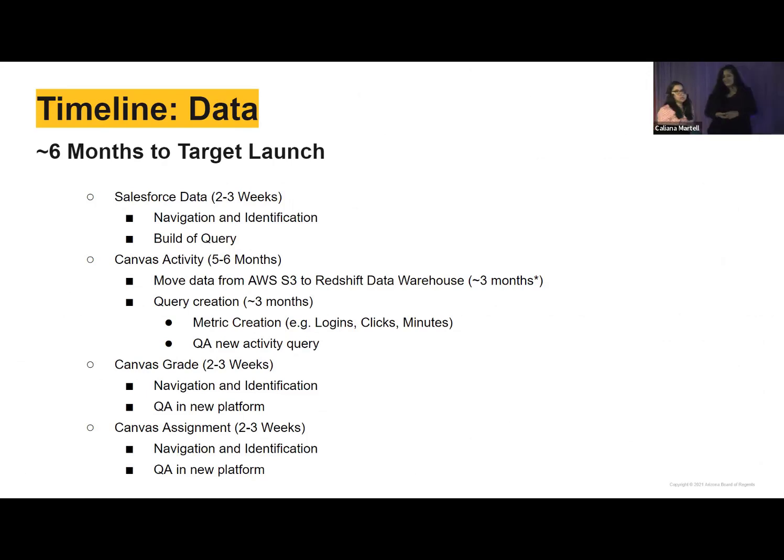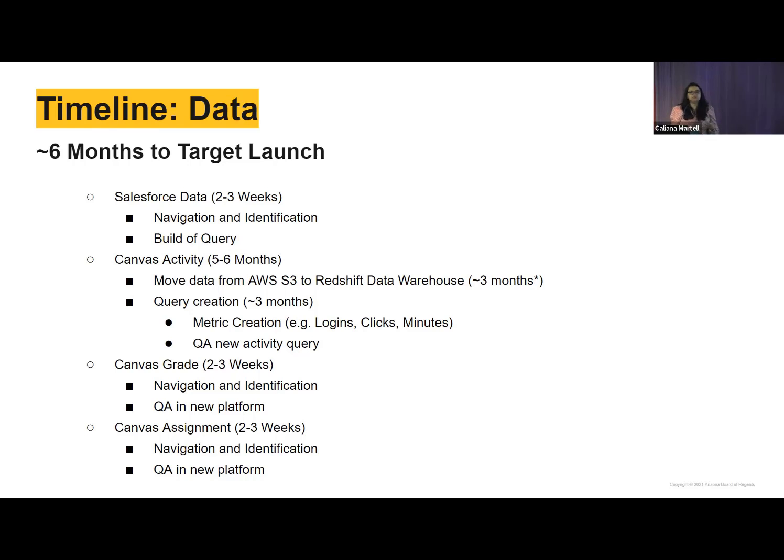So the timeline for data gathering and implementing everything took about 6 months, and it's still ongoing. The first and foremost thing was to get a roster of all the learners that we would be serving. That data lives in our Salesforce, and that process took about 2 to 3 weeks to identify what fields we need and what level of granularity we want to go to. In building that query, it took about 1 week, but while we were identifying the fields, we found that